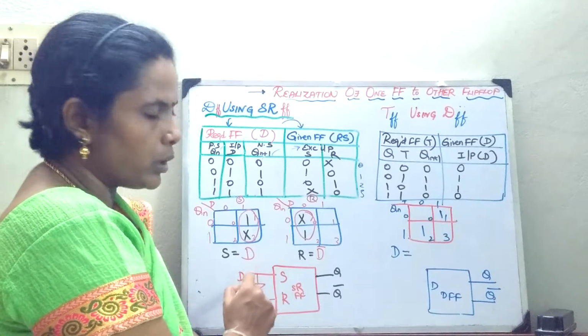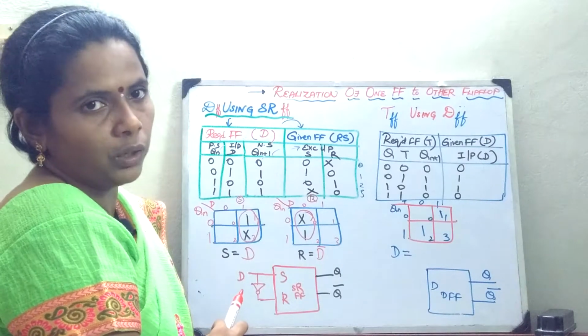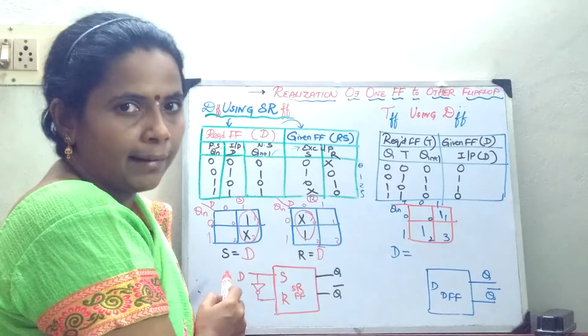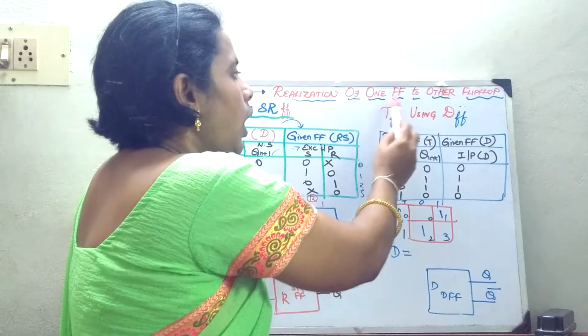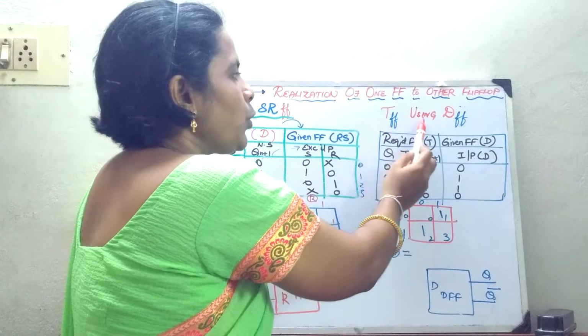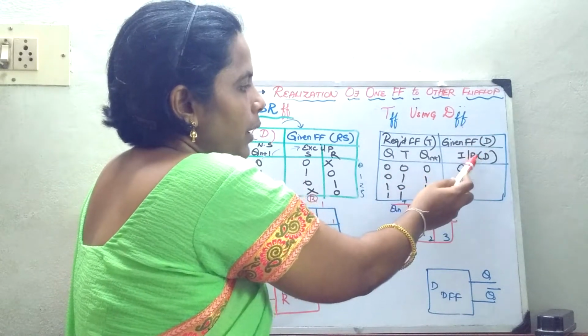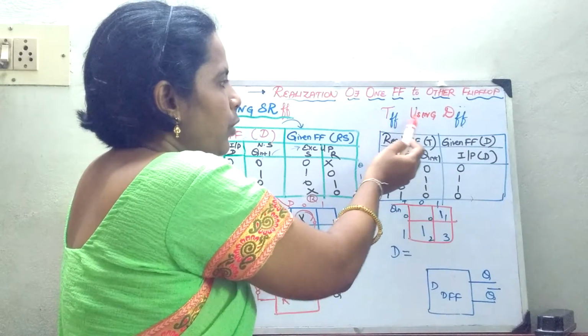We know generally how the procedure is, but what is the exact standard procedure to convert it? That is how we convert the SR flip-flop to a D flip-flop. Now, we will see one more flip-flop, that is, how you have to realize your T flip-flop using a D flip-flop. Write your D flip-flop and your excitation table on the right hand side, whereas the required flip-flop is your T flip-flop.